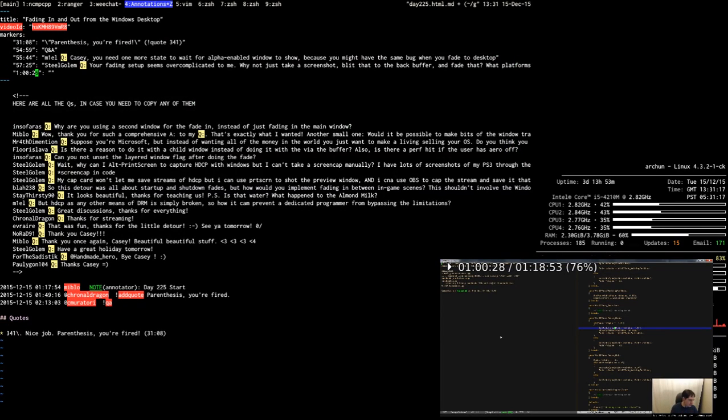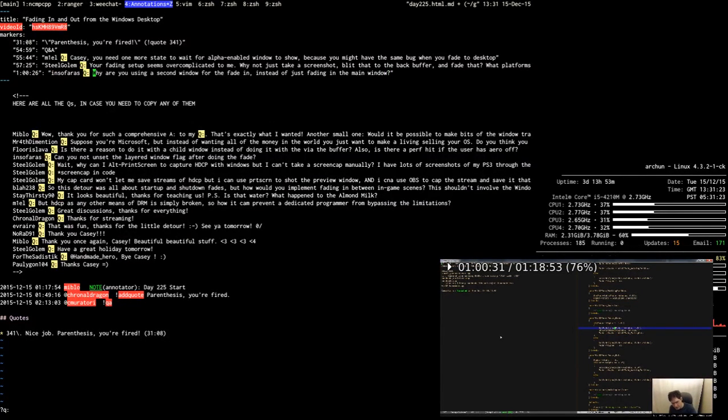Why are you using a second window for the fade in instead of just fading in the main window? Very glad you asked that question. That is what I would have done a couple months ago. However, I was actually playing recently with layered windows and transparency, and what I found was